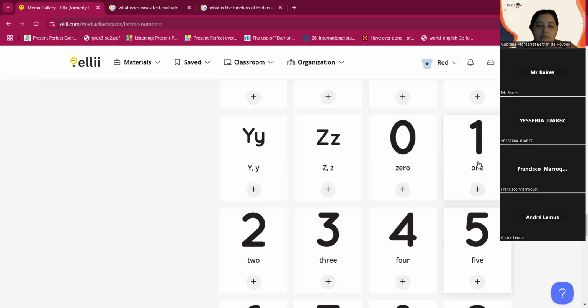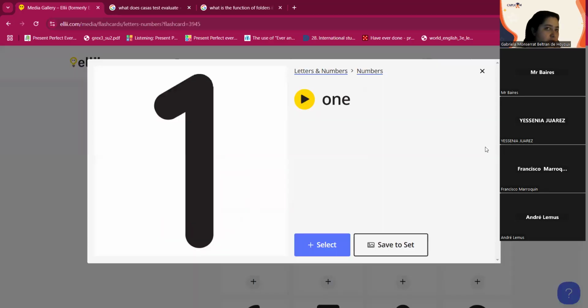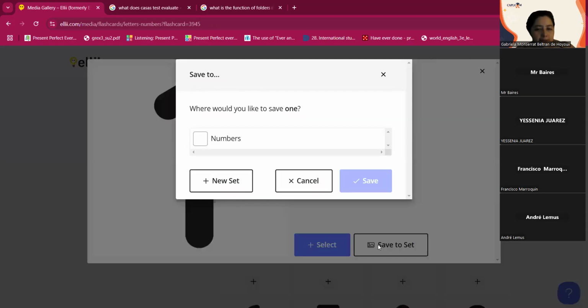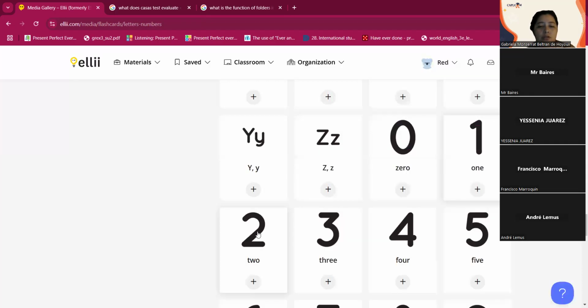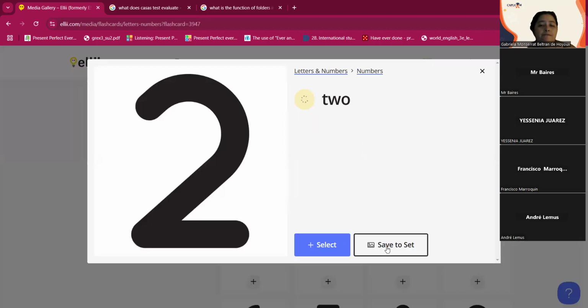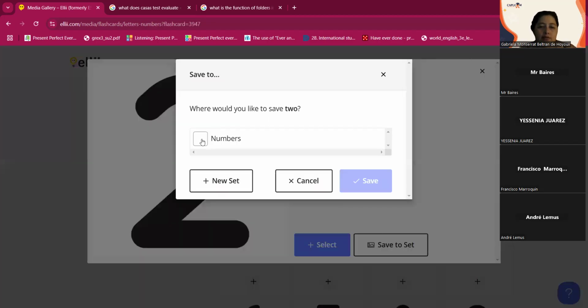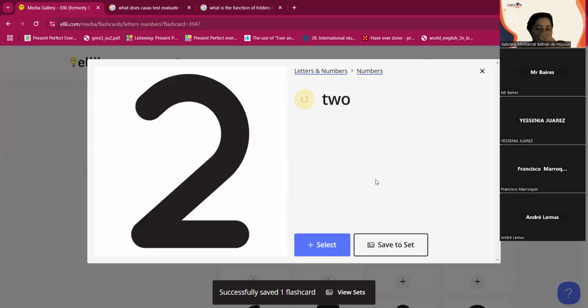So in this case, if you want to do the extra job because you're going to use it in other classes and everything, what you can do is save to set. Numbers, save, okay? Successfully save one flashcard. But this is going to be done before the class, not during the class. So once you have finished the sets, let's imagine from 1 to 15,